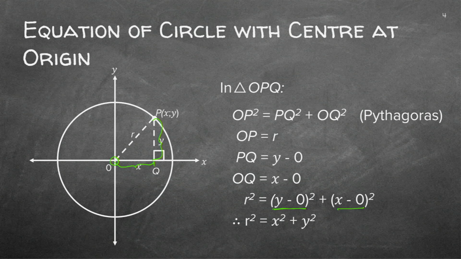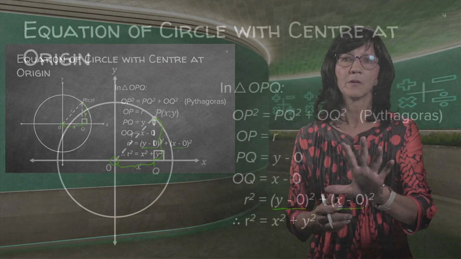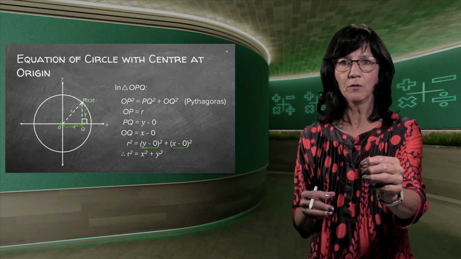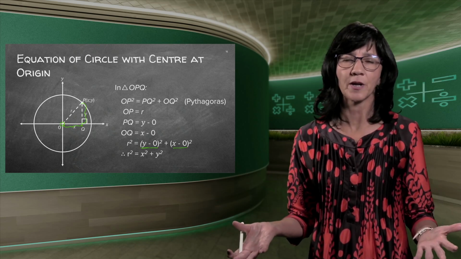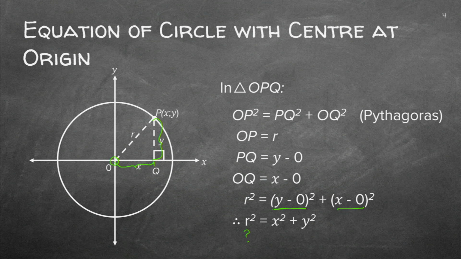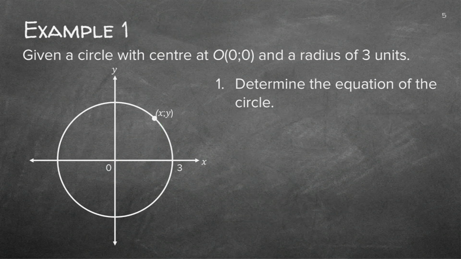Now remember what I said? All that is important on a circle is the radius. So if I ask you to find the equation of a circle, I actually ask you to find the radius. And if I do ask you to find the radius, and you've got one point, remember what we always say: if you need to find one unknown, you just substitute in one point, and you'll be able to find that unknown. Let's see with an example.